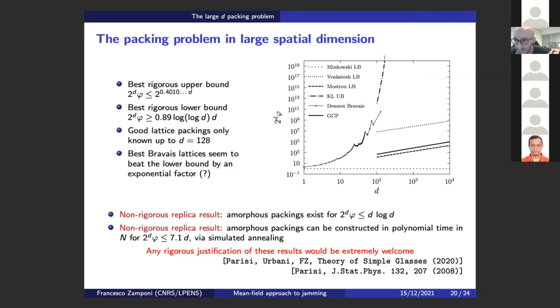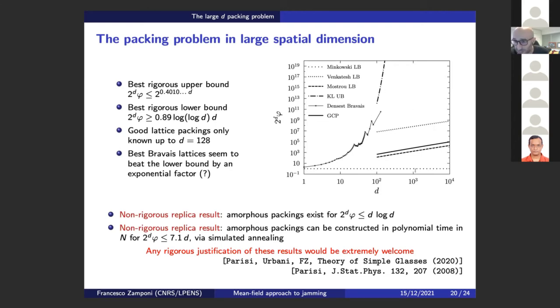So this is a scale for packing fraction that is not important. I mean, you have to multiply by 2 to the d for convenience. While the best lower bounds are not exponential. Indeed, they are growing like log d. So you see, these are the best lower bounds. This is the best upper bound, and they are diverging exponentially with dimension. And the best packing can be anywhere in between. There is basically one upper bound that is the best. Here I put three